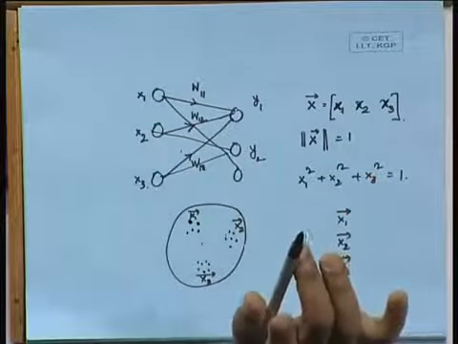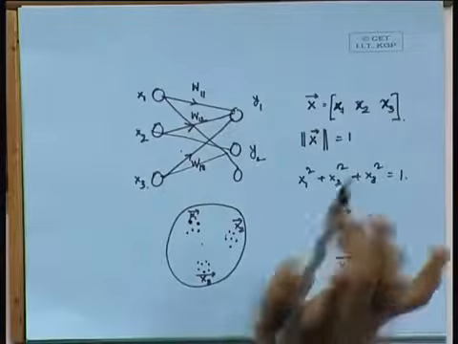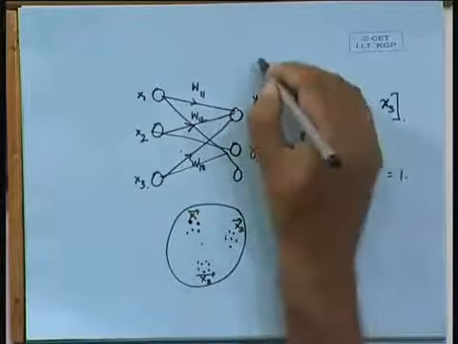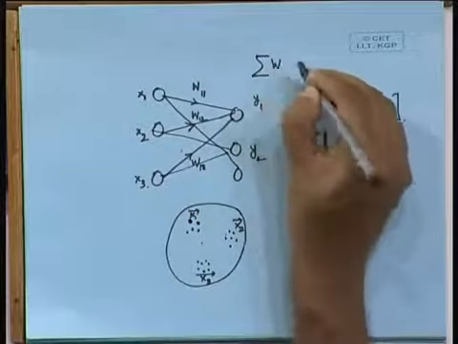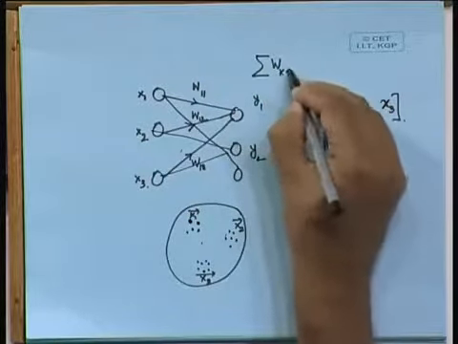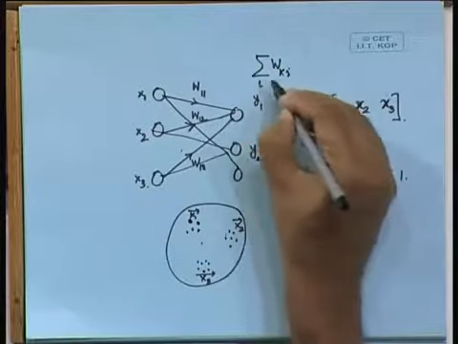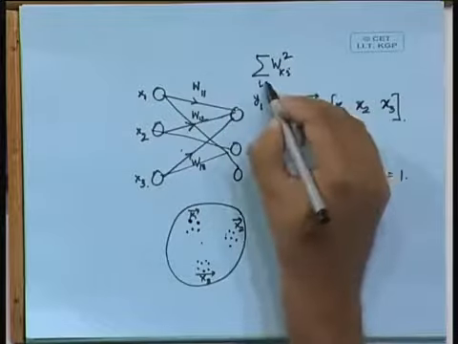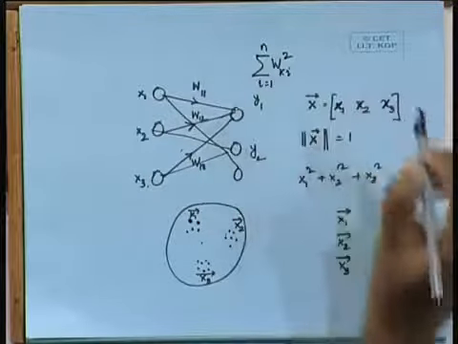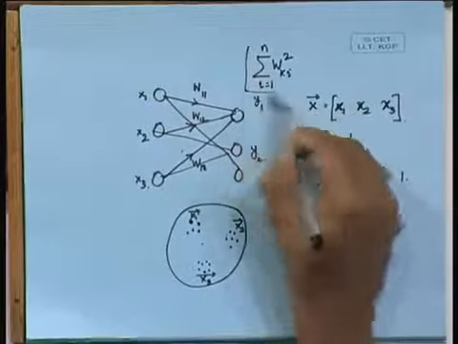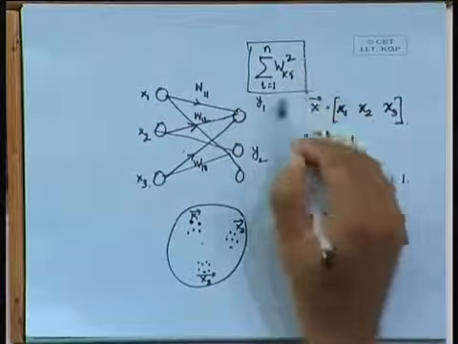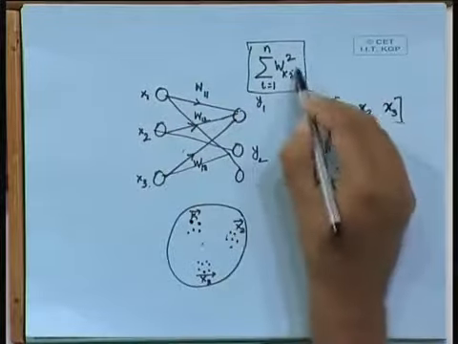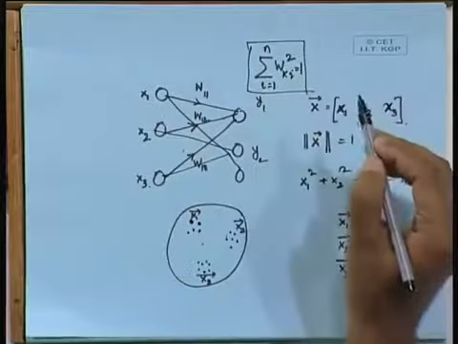Sum of the weights means the squared value of the sum. So, what I mean to say is summation w_ki, summed up over i, and in fact we should take summation w_ki squared. Supposing we have got n inputs, the summation w_ki squared, summed up over i, is equal to unity.